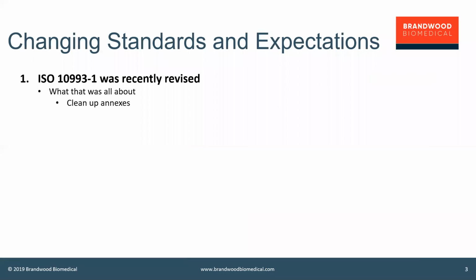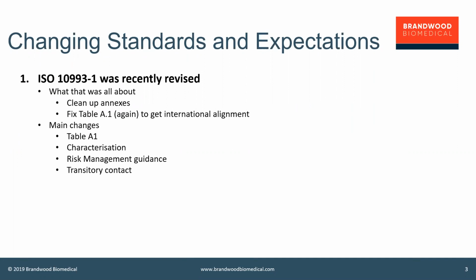Well, the foreword of the document actually talks about what's changed, but really there's a couple of big changes. The changes have been about cleaning up the annexes, yet again revising Table A1, which is one of the most important parts of the document, but has always been poorly understood, I think, and we've made further efforts to make that clear. So the main changes in the document, Table A1 has been updated, and we'll talk about that in some detail in a minute. A lot more emphasis on understanding material, characterizing the chemistry and the material itself, or materials in the device,